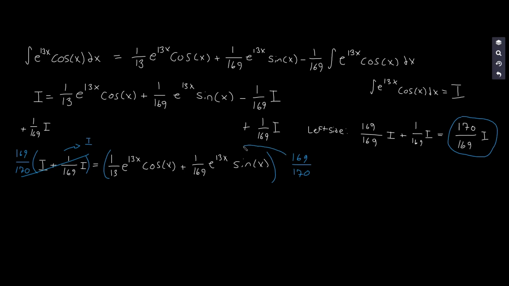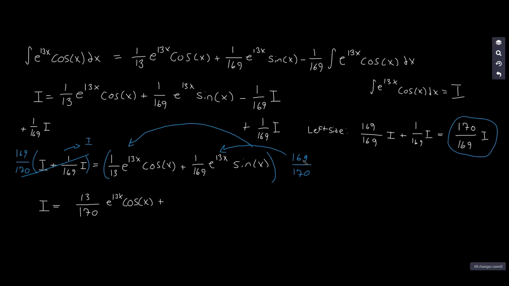This is going to have to get distributed to this here and to this here. 169 over 170 distributed to 1 over 13. Well, I know that the 13 and the 169 are going to interact in such a way that there is going to be a 13 in the numerator. So then it's going to be 13 over 170 times e raised to the power of 13x times cosine of x